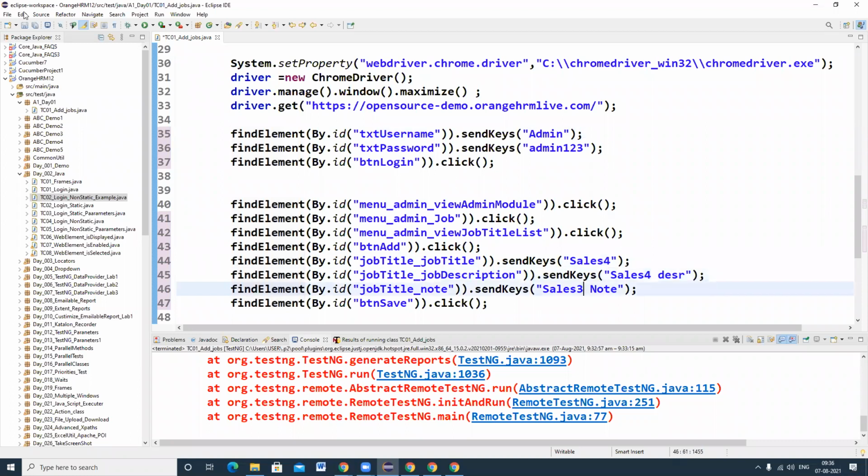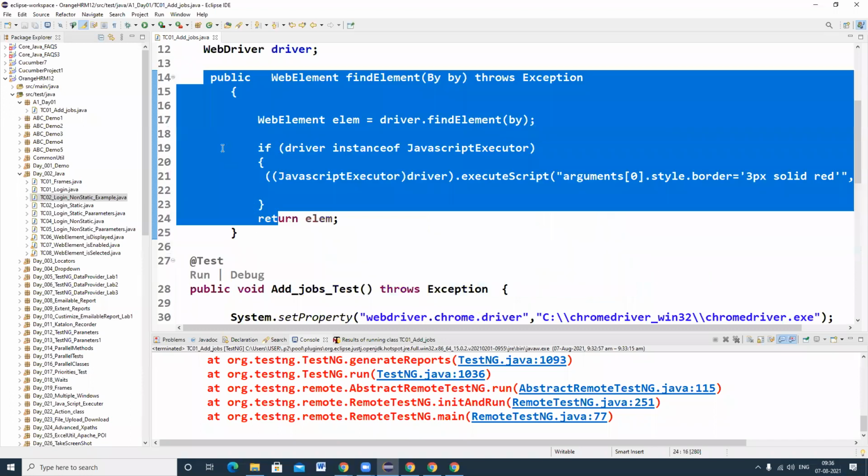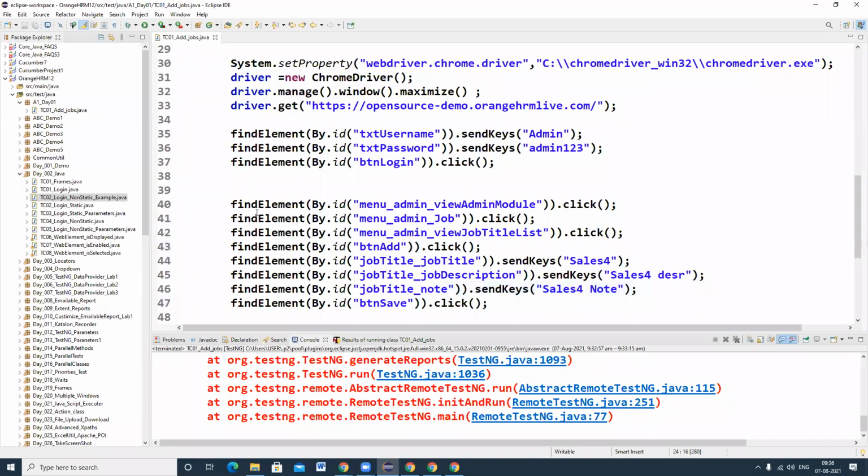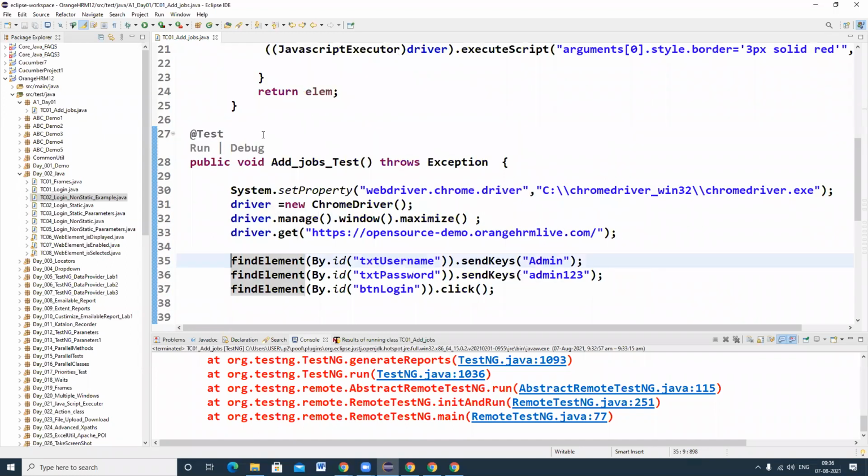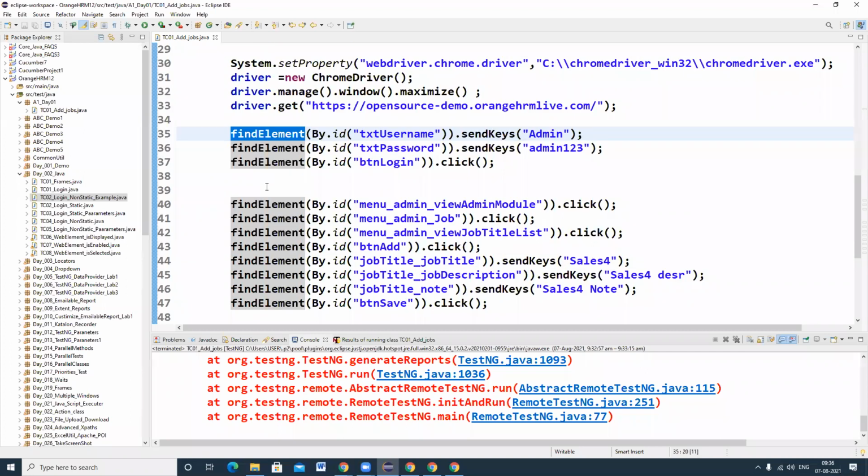Okay, I'm going to execute my program now. Simply I have copied this method, and instead of writing driver dot find element, simply I'm writing find element method. So if you write find element method like this, whichever line it is executing in background, whichever web element it is executing in background, that corresponding web element border will be highlighted.